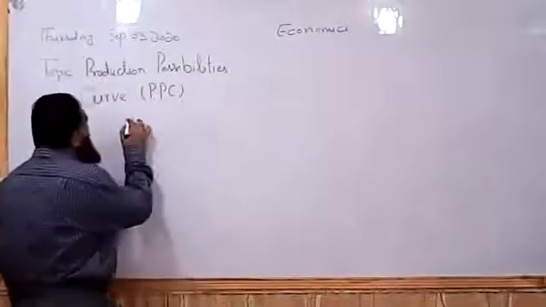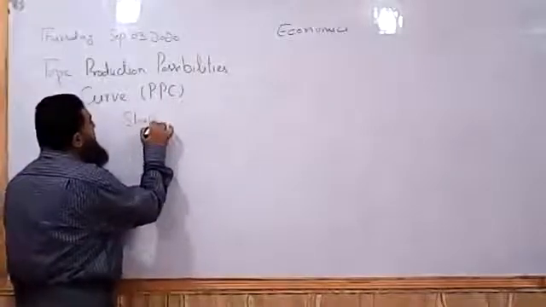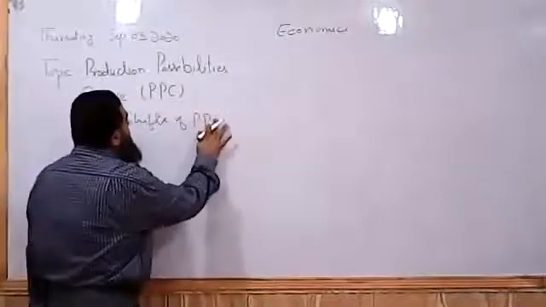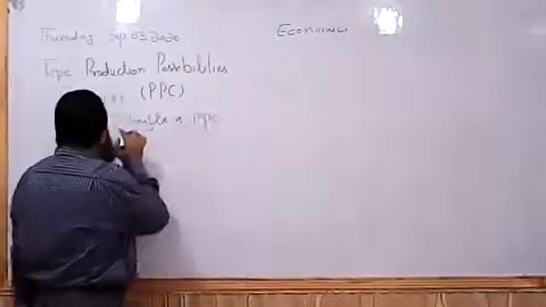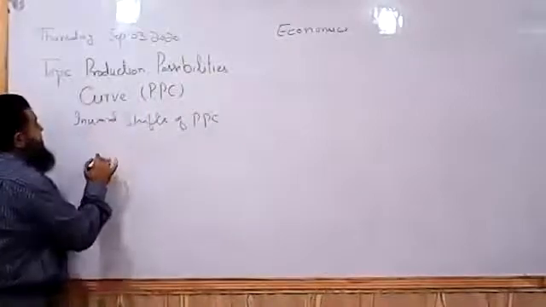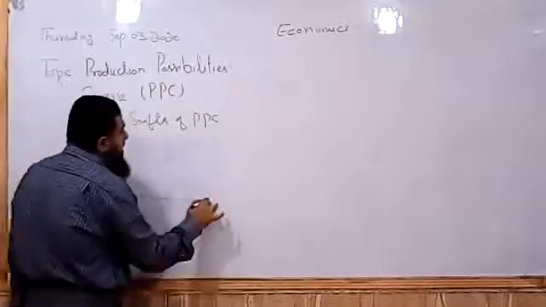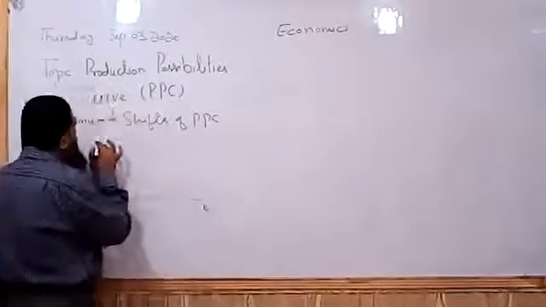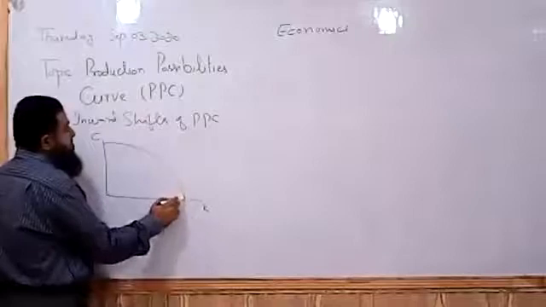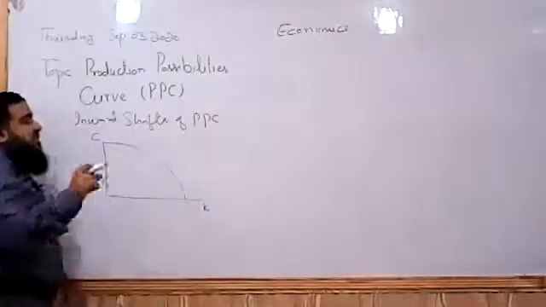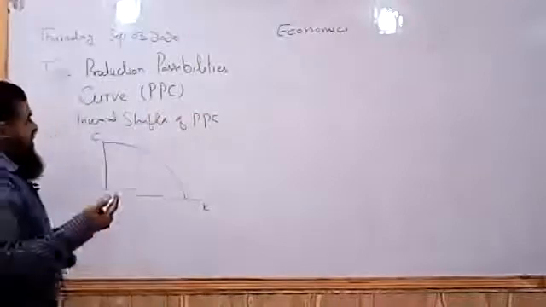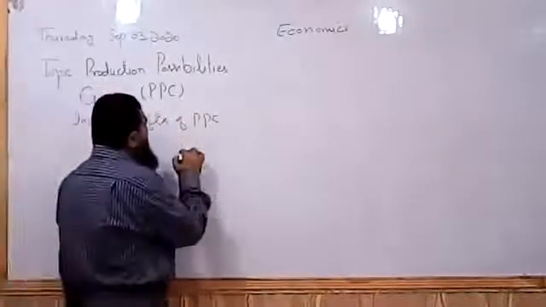So in that case, there can be an inward shift of the PPC. Previously, we were having outward shifts. Now, here I'm again taking consumer goods and capital goods. This is a PPC. So if our resources have decreased in quantity, there can be two reasons: